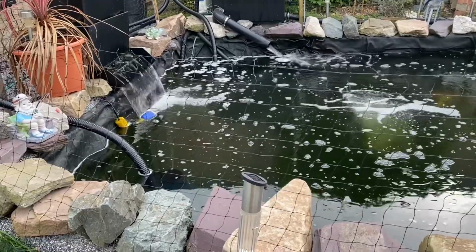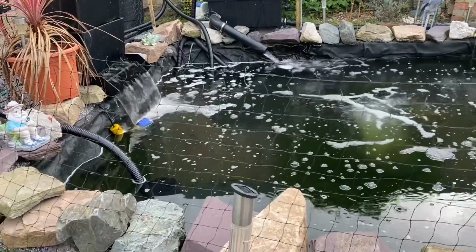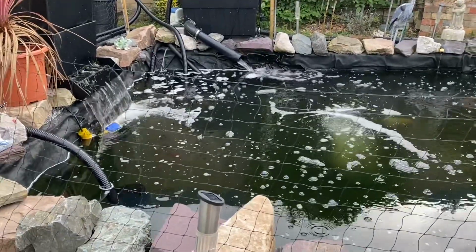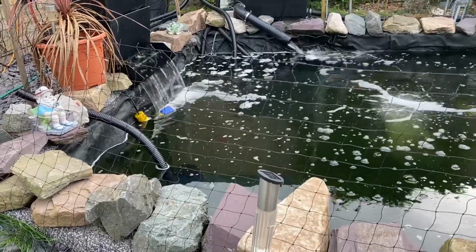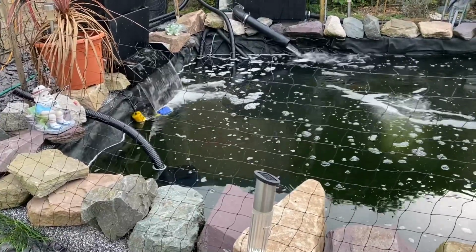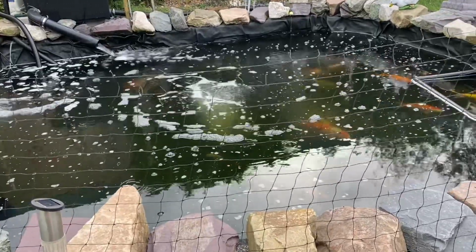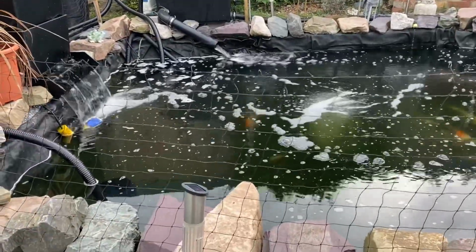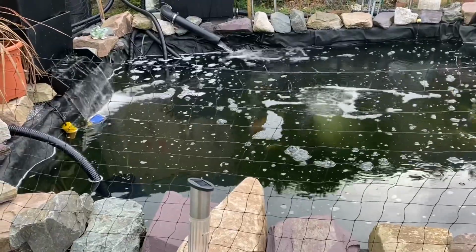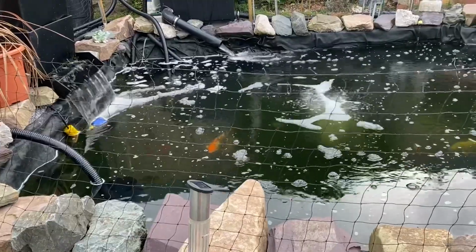And I have Martin from Devon Koi to thank for this, because when I first started putting videos out last year, he quickly pointed out and sent me a link to get one of these float switches, and you know, that has saved my bacon and the fish's bacon on this occasion without any doubt, and probably saved me not just the fish but also the pumps, because if they'd have run dry they probably would have overheated and be no use. So that being said,